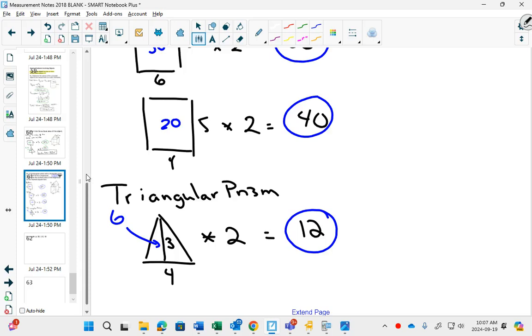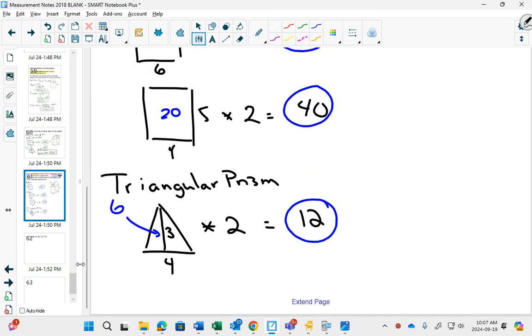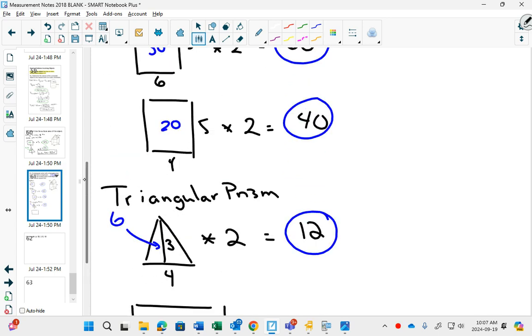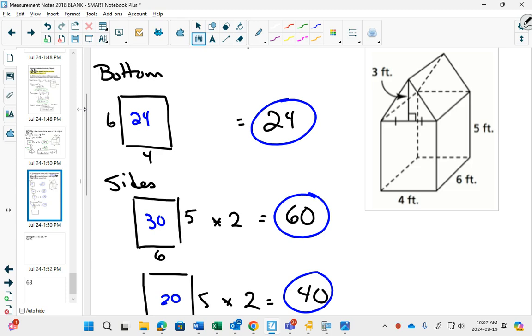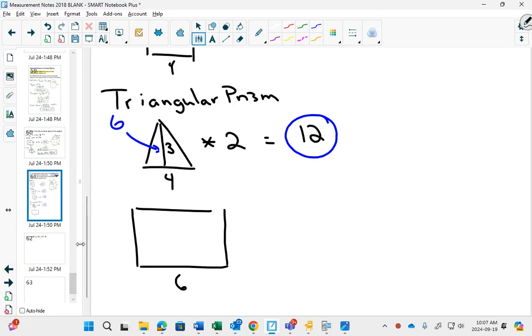And also on the triangular prism on the top, do you see that you have 2 rectangles? But the problem with those rectangles is you know that the one side is 6. I think, did I do that right on my calculator? No, I made a mistake. So I did have it wrong. So I'm going to enter this again. Look at my calculator. It said I didn't use 6. How many people got